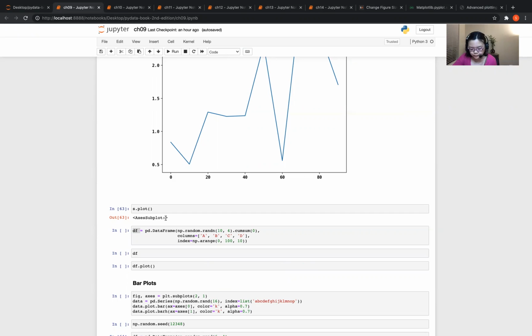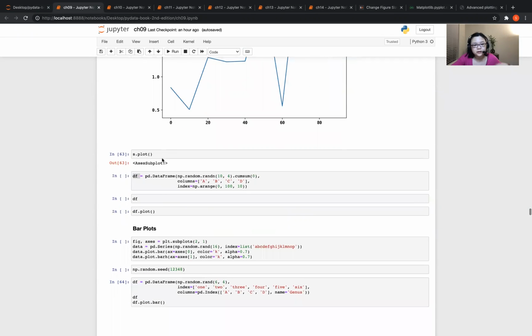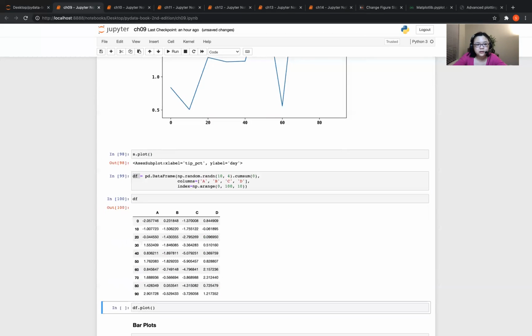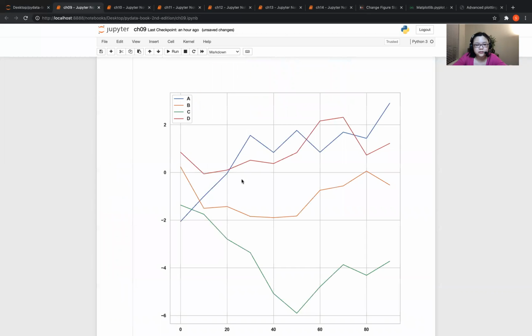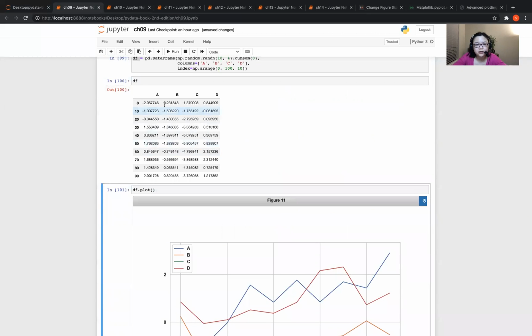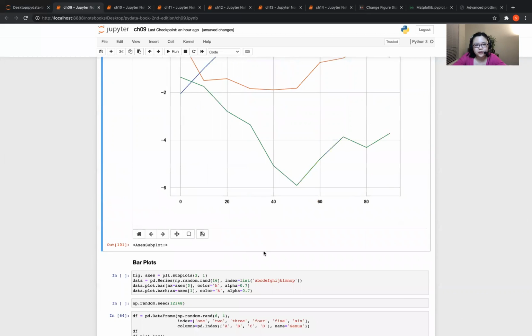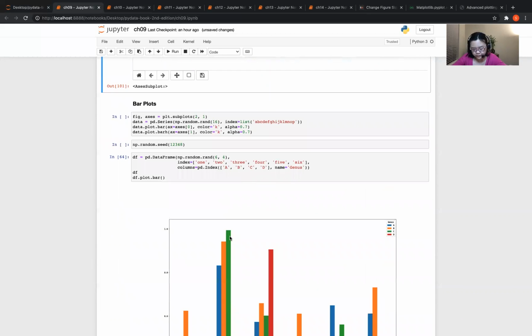So the data frame's plot method plots each of its columns as a different line on the same subplot, creating a legend automatically, which I think is very convenient. See, because we have 4 columns, we have 4 lines. And the next thing we will look at is